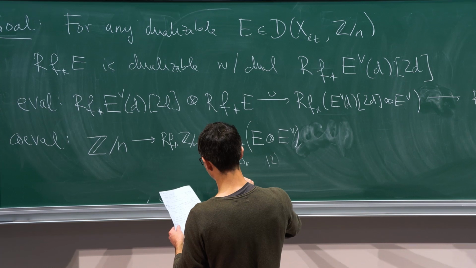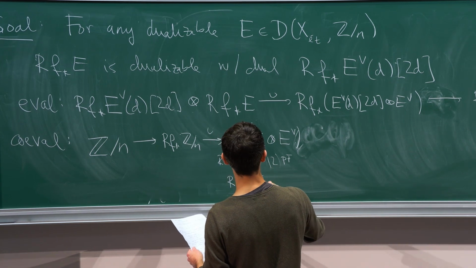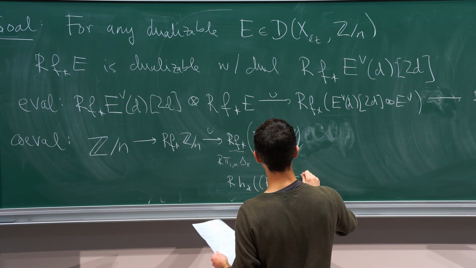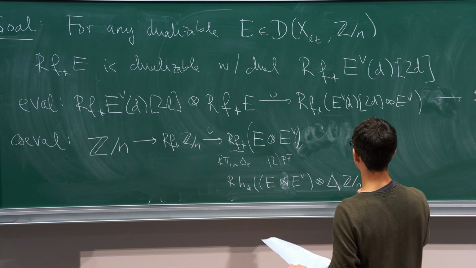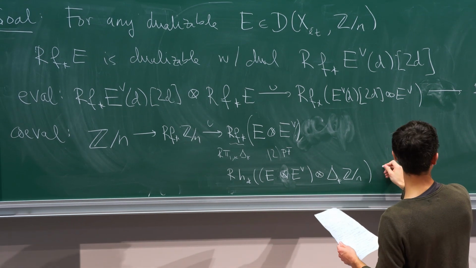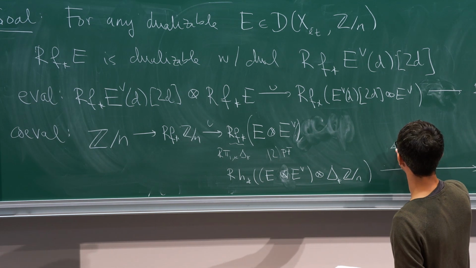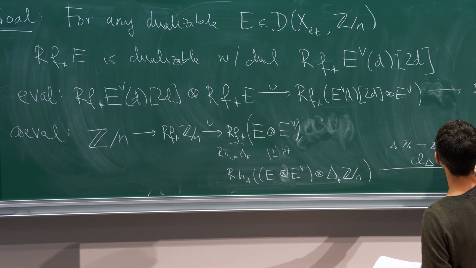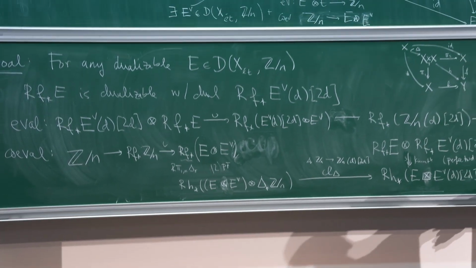Right. So this is, by the projection formula, the same as RH lower star of E box tensor E dual tensor delta lower star of Z mod n, and now we can apply a cycle class map for the diagonal. This map will send this to a Z mod n twisted by the codimension of the diagonal, which is exactly D, and we will land here. And so then there's a gigantic diagram that one has to check commutes to get this sort of